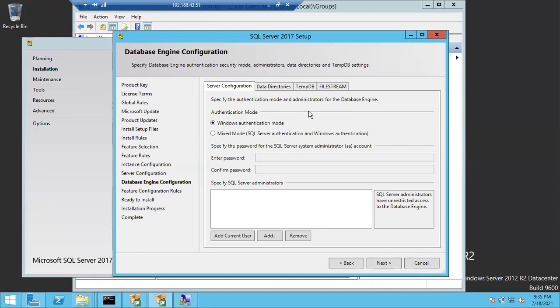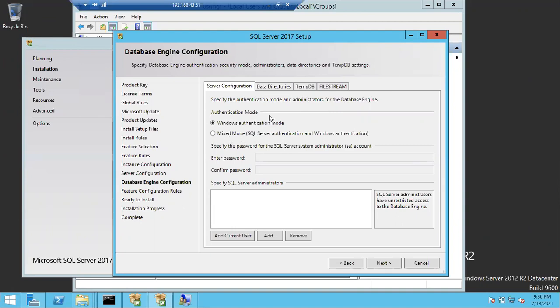So the answer is yes, we can change it whenever we want. We can change the authentication mode from Windows to SQL Server, and SQL Server to Windows. But again, it is also a downtime activity. You have to restart the SQL Server after changing the authentication mode. Because it needs a restart, you cannot change it casually. But you can change it later also. Usually we are going to configure mixed mode authentication for every server.